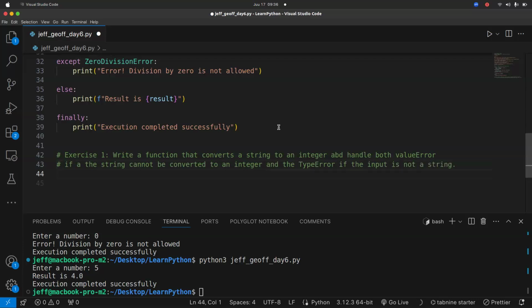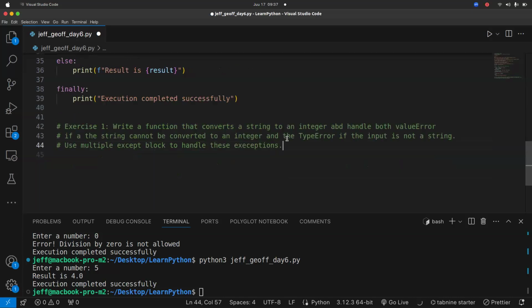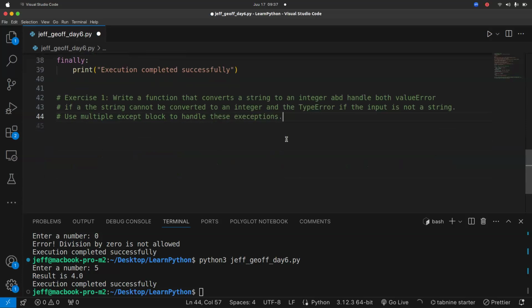Then use multiple except blocks to handle these exceptions. Okay, good enough for you.